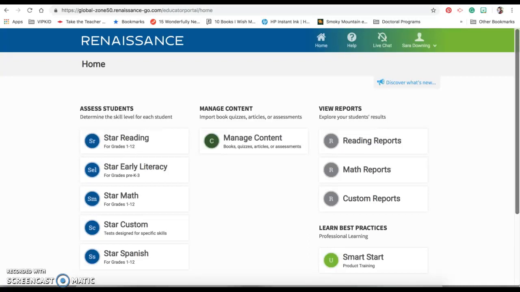So I'm going to be going over how to make a STAR custom assessment that you can use for our essential standards or for formative assessments, just to check on how your students are doing with certain standards and certain skills. So from the home screen, you need to come to STAR Custom